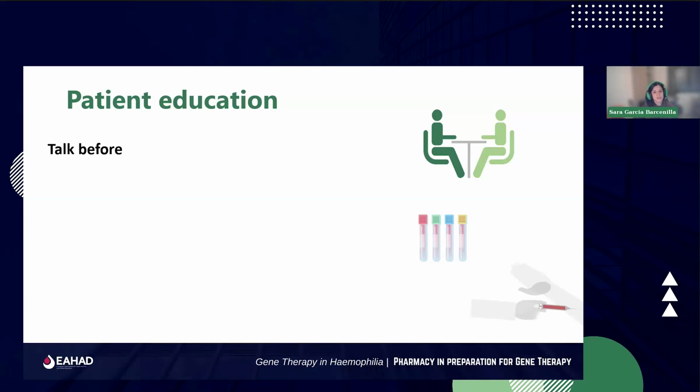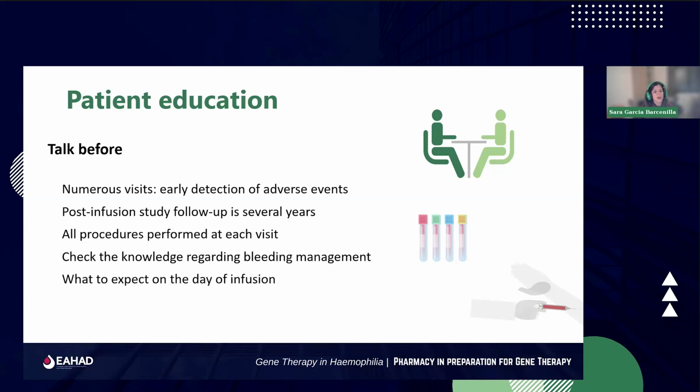So beginning with the patient education, in my point of view, it's very important to talk before the infusion with the patient and family and explain to them that we are going to have a lot of visits, especially in the first day and the first months, because we can detect adverse events earlier this way. Also, that the post-infusion study follow-up is for several years, so we are going to monitor this patient closely for a long time. It's very important also to explain all the procedures, all the things that we are going to do at each visit when they come to the hospital, and also to check the knowledge regarding bleeding management, because probably